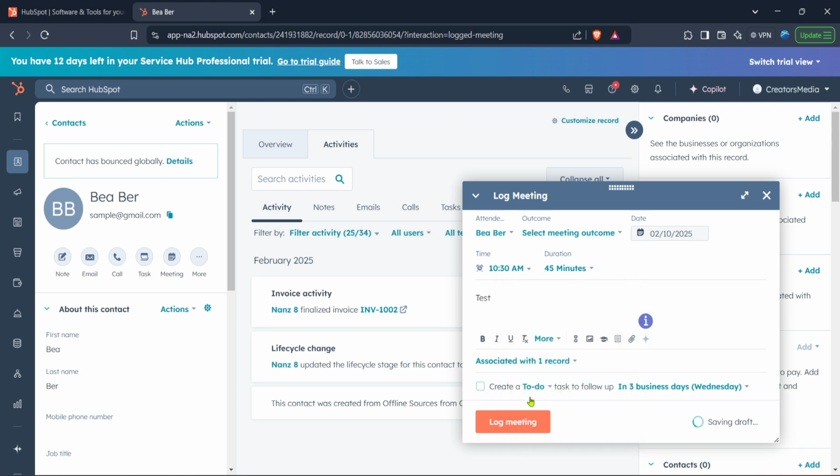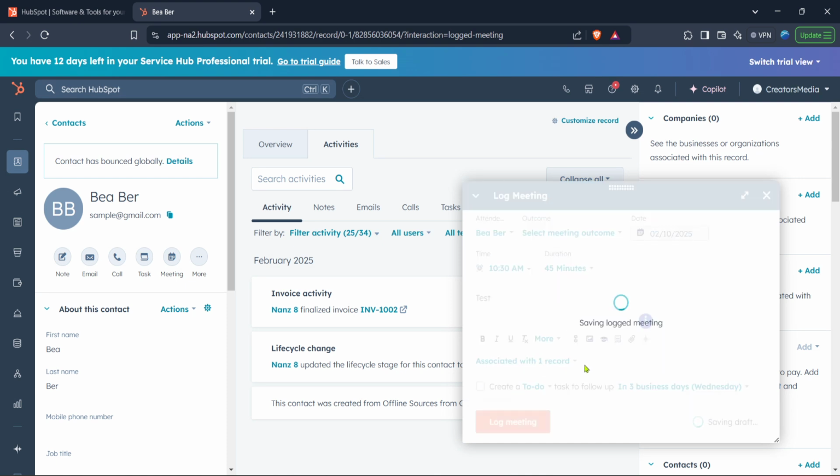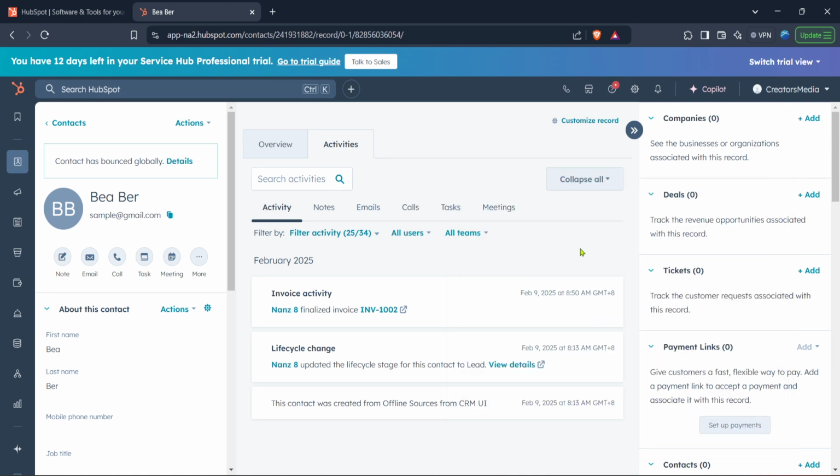By logging meetings consistently, you maintain a well-organized record of your business interactions, which can be crucial for future reference